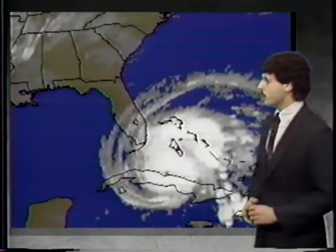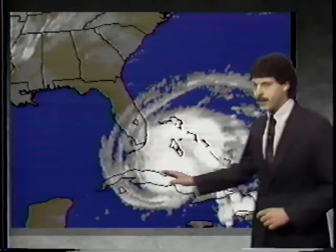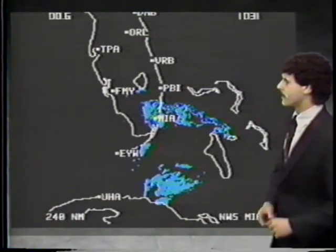But we don't really know for sure how much it has weakened, if it has at all, but that would certainly be the place to do so. It continues to move off to the west, maybe a few degrees north of west, but not very much at all. The latest radar we find is just a couple of...